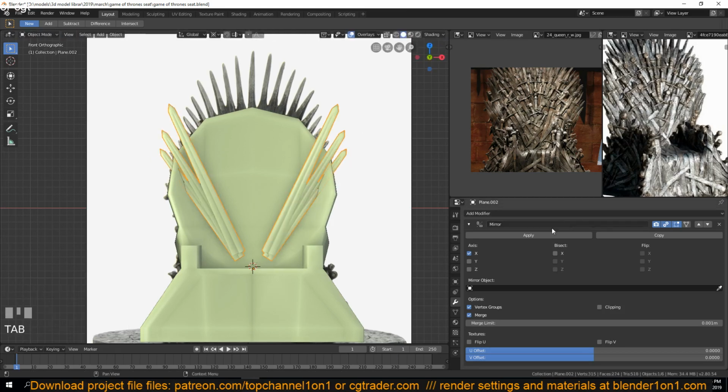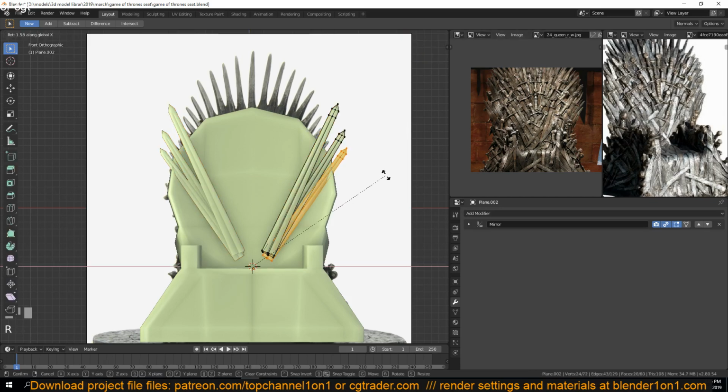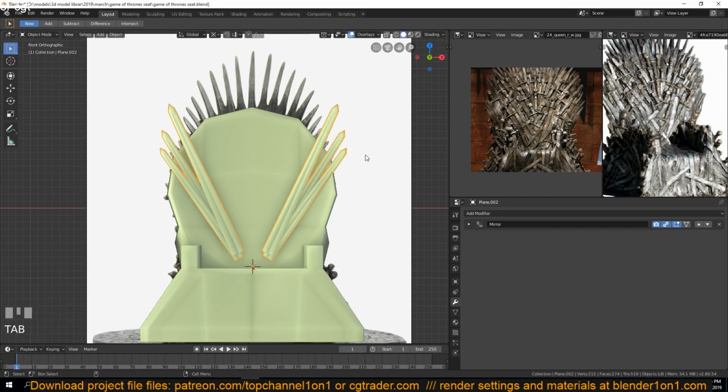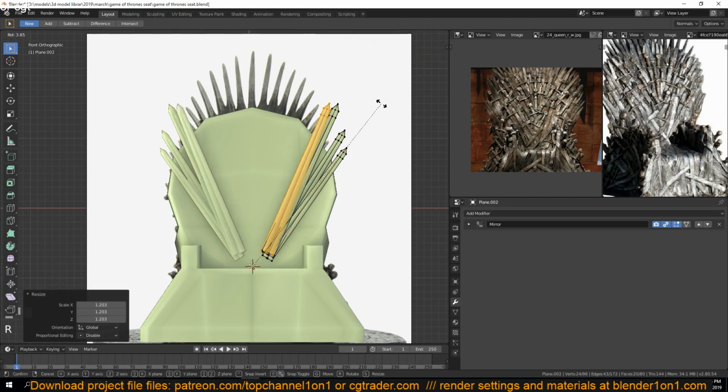You can see that I'm avoiding the use of the subdivision modifier, because if I tried to use that and have a lot of blades in the scene, it would really slow down my computer a lot, and my computer is not the best machine. So let me duplicate this again, rotate this, scale this up,